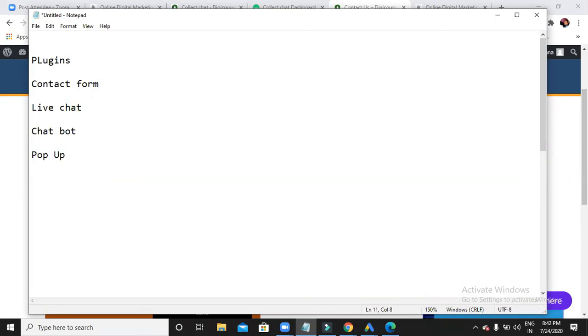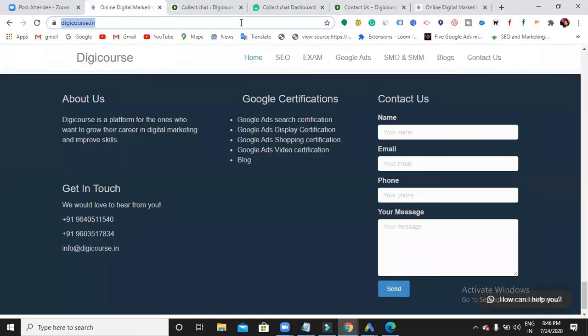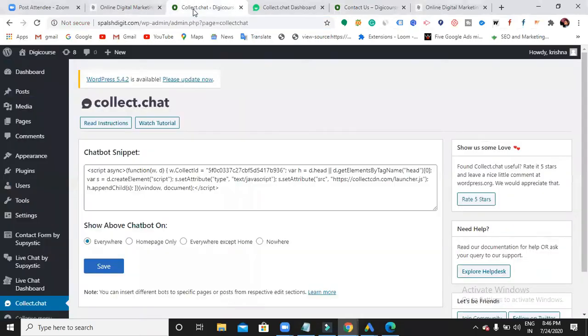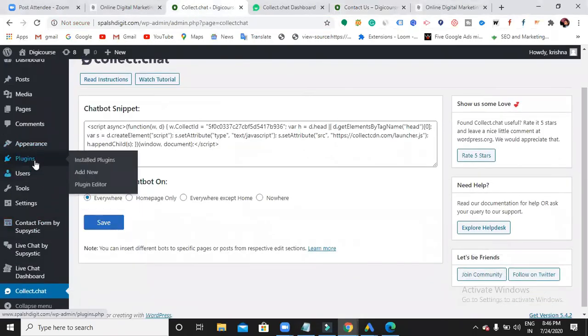Pop-up. Have you ever noticed that once you have been to a website, after some time it shows you some pop-up asking you to give some email address and all? Notification. Yes. I believe. Yeah, that phone number. So that is what a pop-up is. So you can have that pop-up in your website with the help of plugins again. So let's do this. You'll be having a lot of tasks to do today. Be ready. So again, what is the plugin name?